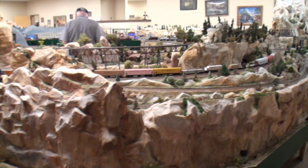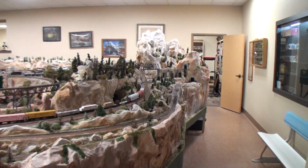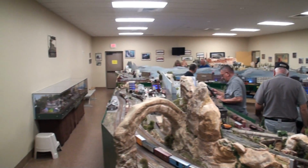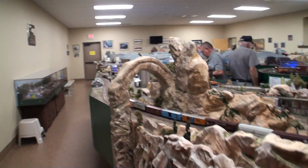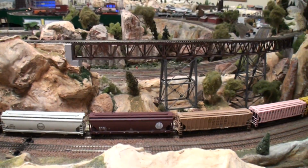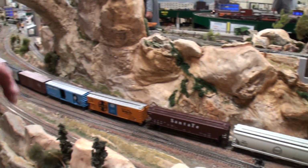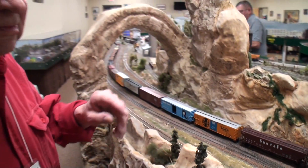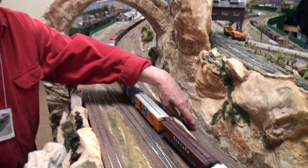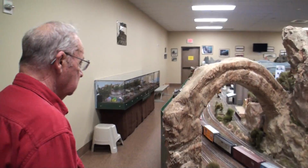So as we take the overall view, you can see exactly where we're going to be going today. So Don, stay with me. We're going to start right here. Where is kind of the beginning of your layout? Where you would say people start? When you're headed westbound, this track brings you up out of our staging, which is Kansas City. Comes out at